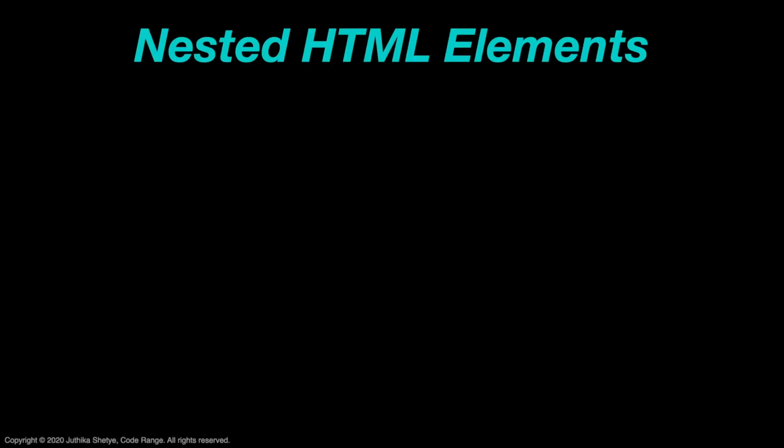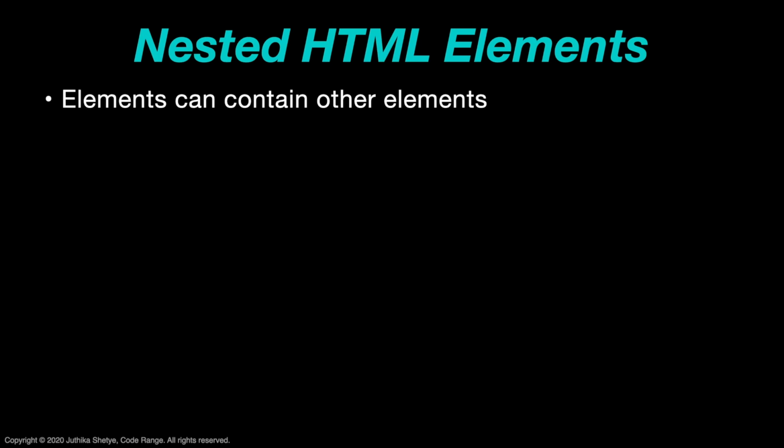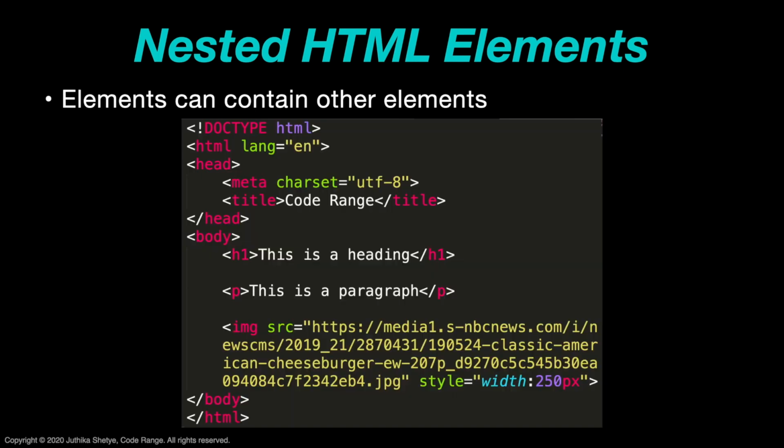Another thing that I wanted to talk about is the concept of nesting. HTML elements can be nested. This means that elements can contain other elements. All HTML documents consist of nested HTML elements. Let us take the same example of code that we saw earlier. So as you can see, we have the HTML element that starts here and has the end tag right down below here. And in between we have all these other elements. We have also included the heading 1, paragraph and the image element inside the body element.